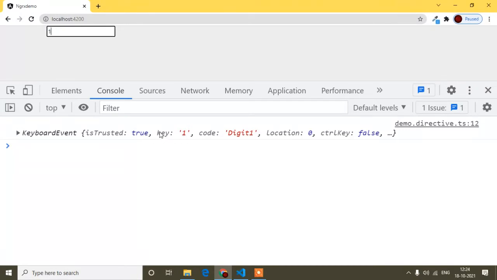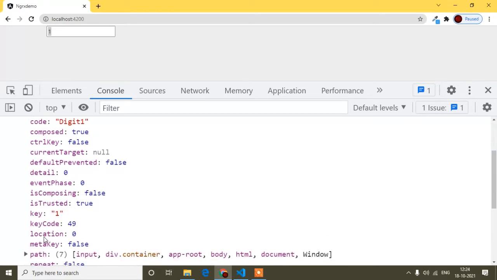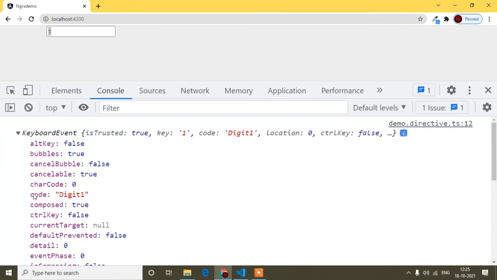Now you can see I'm getting a key, that is 1, because I pressed 1, code Digit1. This way I will get everything I press. You can see key is 1, and key code is 49. Anything we can take, but I suggest taking everything, like character code 0.